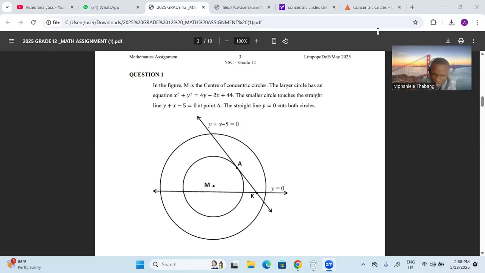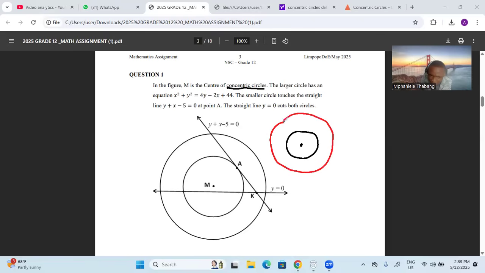So we need to understand here, what are concentric circles? What do we talk about when we talk about concentric circles? Concentric circles are circles that have the same center. Let me show you an example here. Let me say I have this circle, and let's say this point represents the center. And let me have another circle again, which has the same center. So let me draw another circle with a